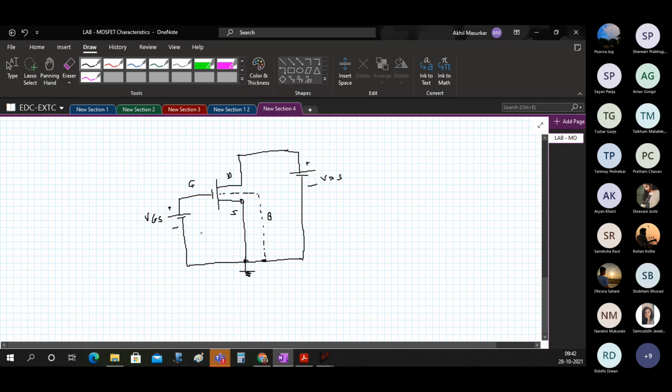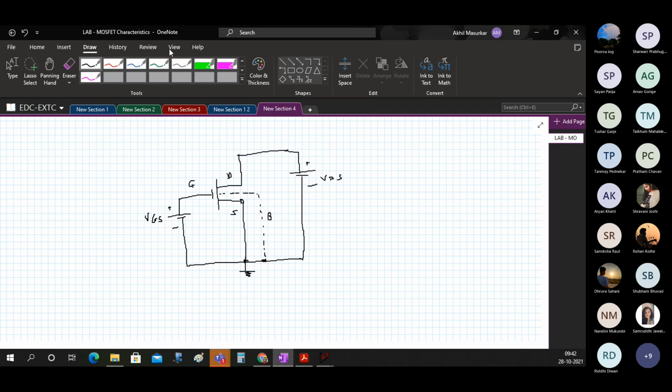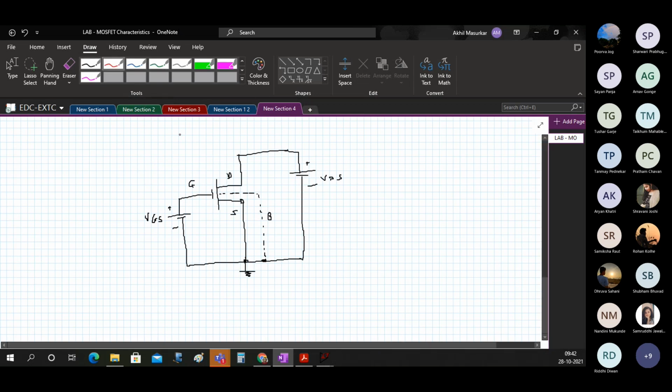Okay. Now we have to name every node in this circuit. Let's say drain is 1, gate is 2, source and body, they both are connected to ground, so I'll call it 0. Now you should observe here that MOSFET is connected between node 2, 1 and 0.